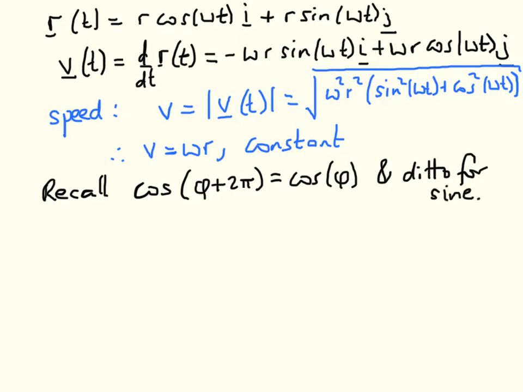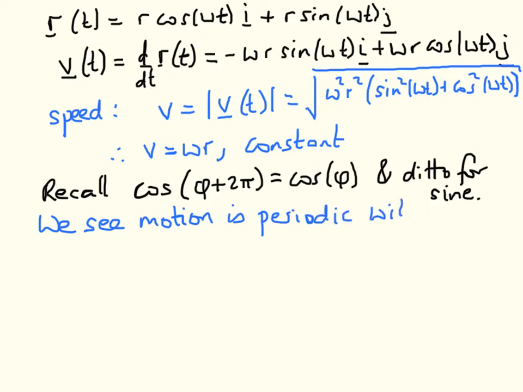So they have periodicity of 2 pi. So if here omega t is increased by 2 pi, the position and also the velocity of the particle will not change. So we see that the motion is periodic,